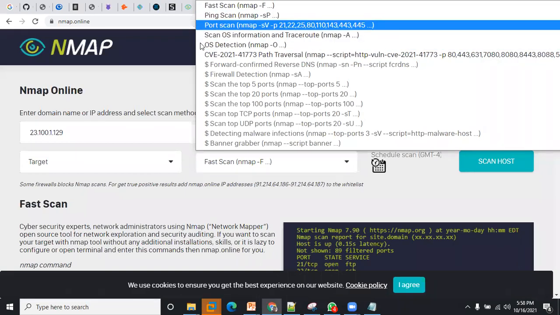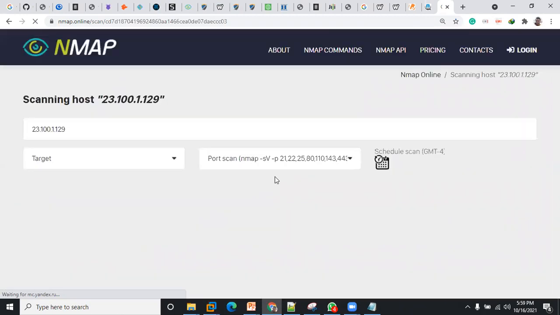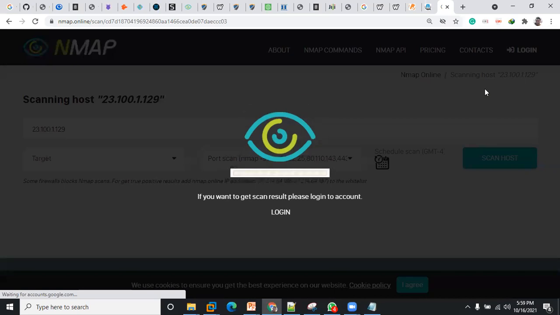Okay, so I want to do a port scan to see if these common ports are open on this asset, right? So I'm just going to click on scan.